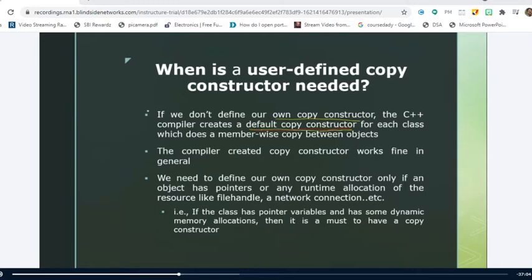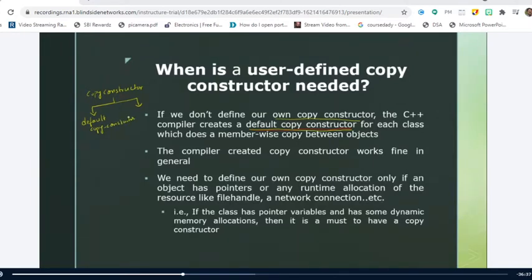So how many types of copy constructors are there? Two. What are they? One is the default copy constructor. Don't say it as default constructor.